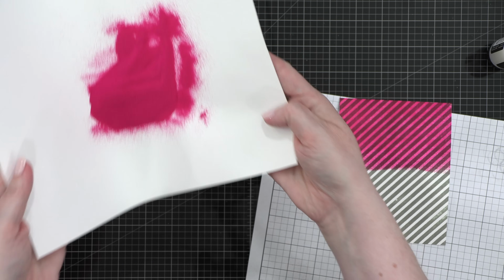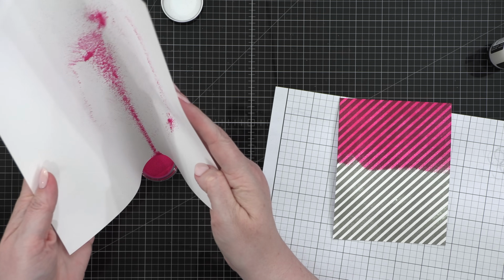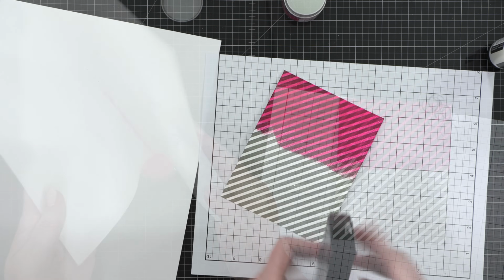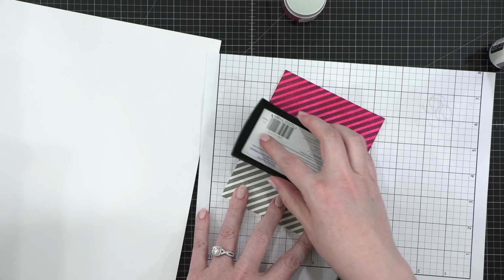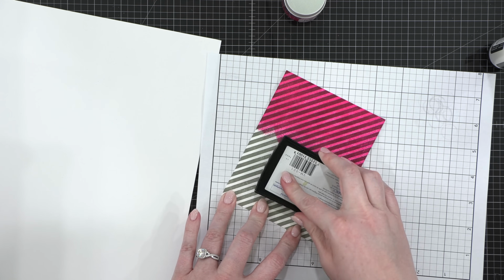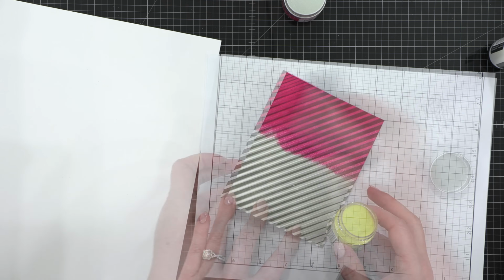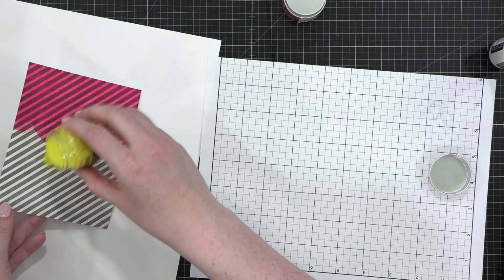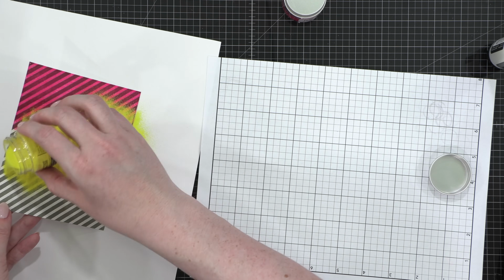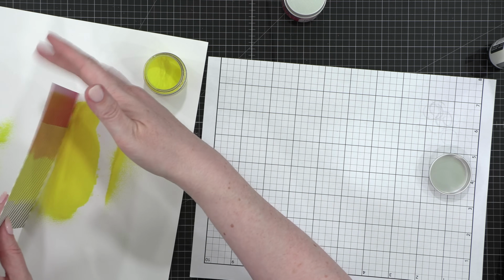So after I had 2 layers of that Picked Raspberry embossing glaze on my background, I just funneled the rest of that embossing powder back into the jar. So I'm taking my Versamark pad and I'm smushing it directly down onto my stamped background once again. And this time I'm overlapping the Picked Raspberry area. And I'm going to apply Squeezed Lemonade right over top. This powder is only going to apply to the areas where I've applied that Versamark ink, and then I can